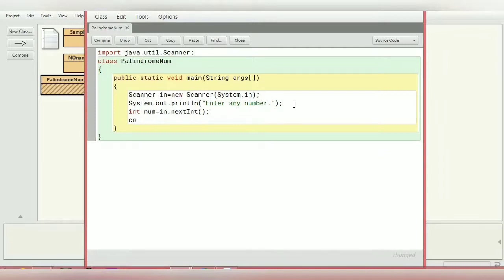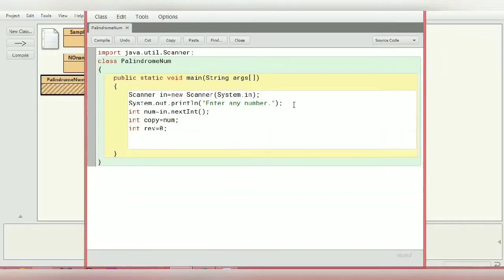So int copy is equal to number. I'm taking the number and copying it into a variable named copy, and I also need a reverse variable. So let me declare it as reverse equals 0.